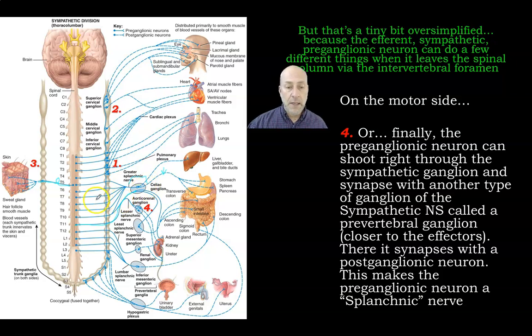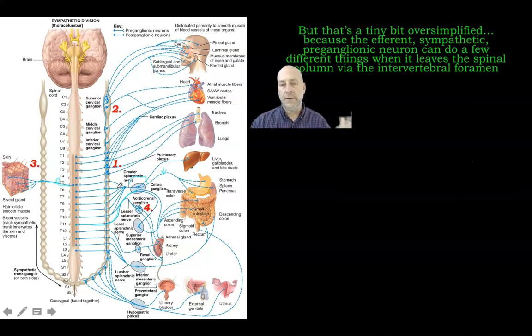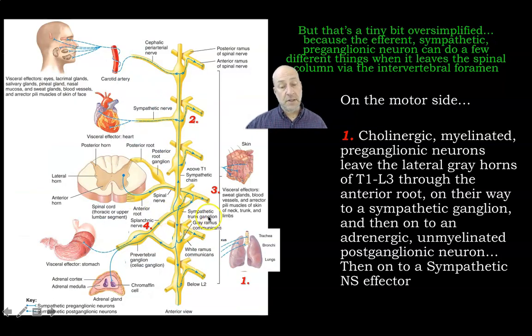What does that make you? It makes all these nerves that are passing through something special. They're called splanchnic nerves. Just a term you have to learn. So if you're passing through the trunk ganglia on the way to a more lateral prevertebral ganglion, then you are a splanchnic nerve. And let's look at those in a little more detail, and we're going to focus here, same